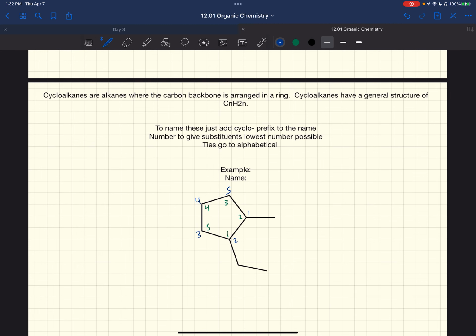So a tie goes to alphabetical. This is once again an ethyl and a methyl. Okay, so we're going to end up using the green. So this is 1 ethyl, 2 methyl, cyclo, there's our addition, cyclopentane. Okay, you see how that's done? And that's it for today. So we did naming alkanes, we did naming